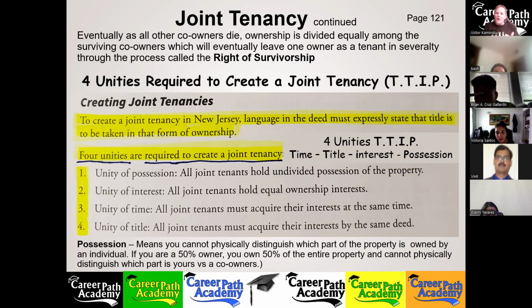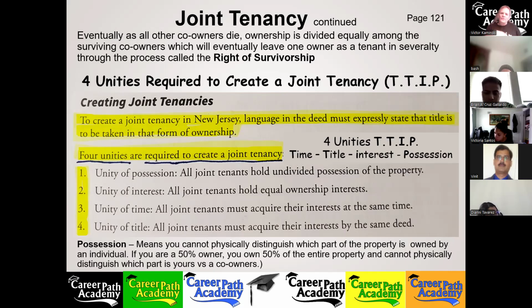That you get to own the property if your partner dies and you don't have to pass it on. If there was only one other partner, correct. Otherwise, if there are several surviving partners, they would all equally split the shares of the owner who had died. Right. That's what the right of survivorship is.